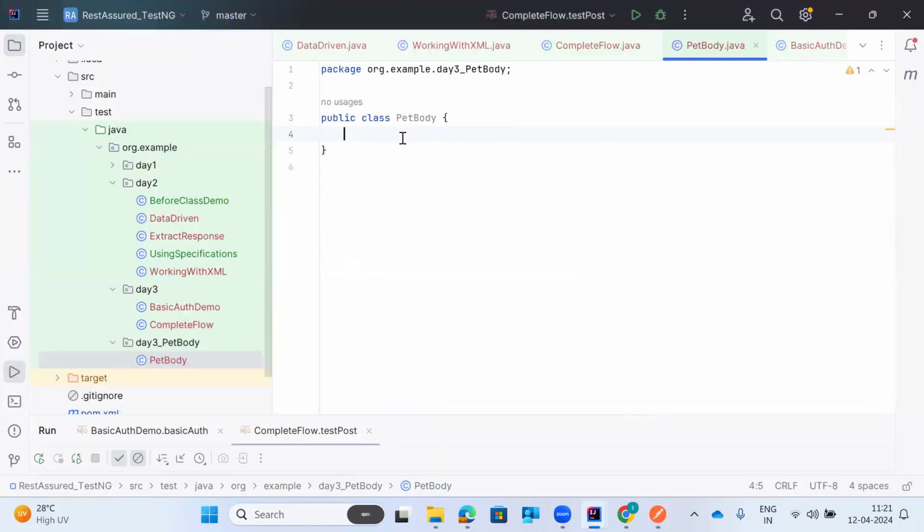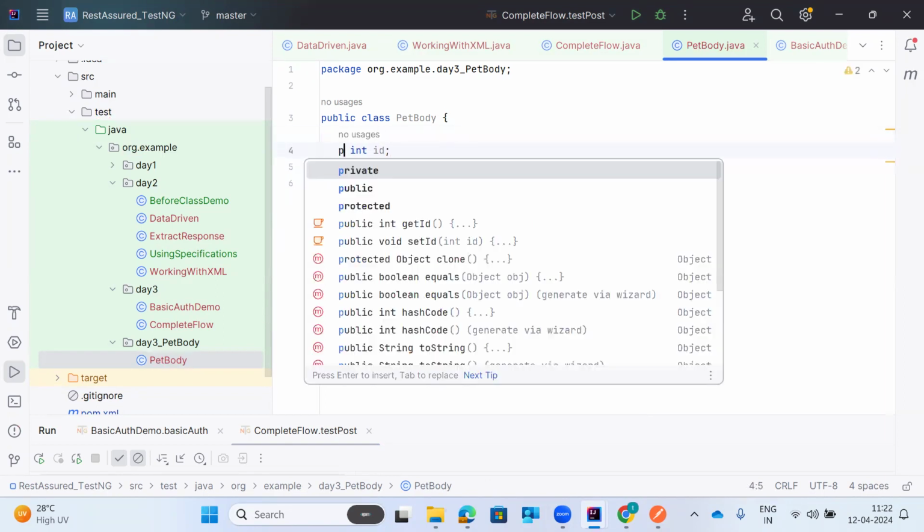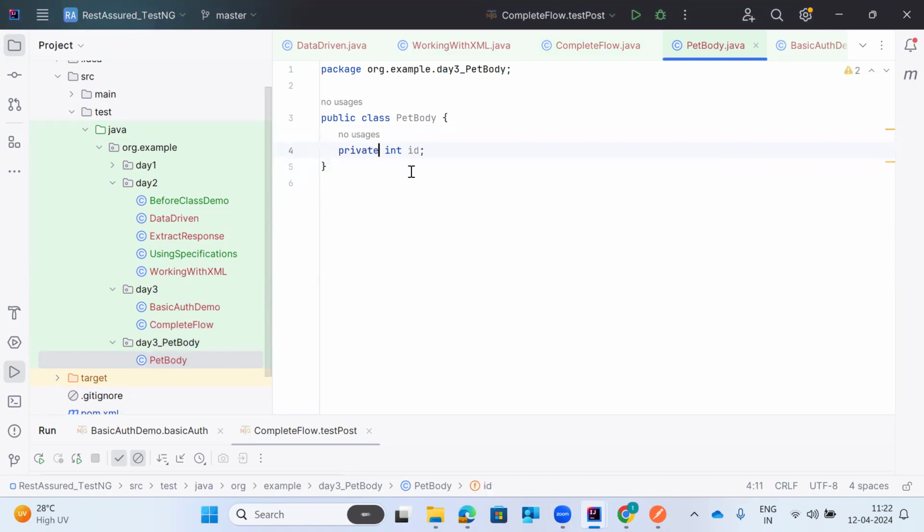Let me also send the int pet ID. So int ID, and as I want to make it as a concept of encapsulation, I will make it a private variable, and private string name,